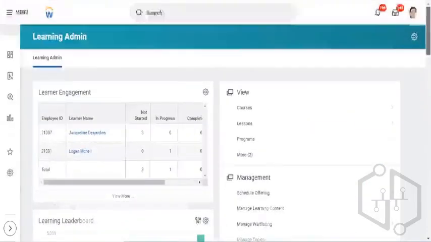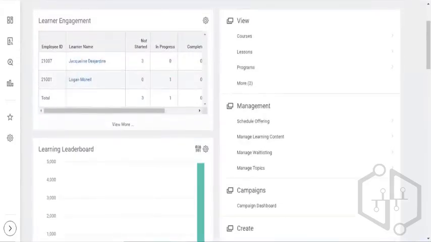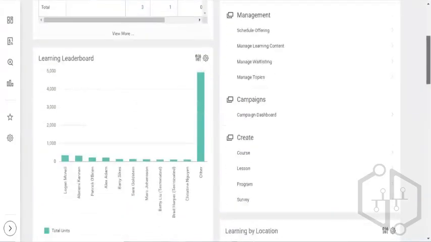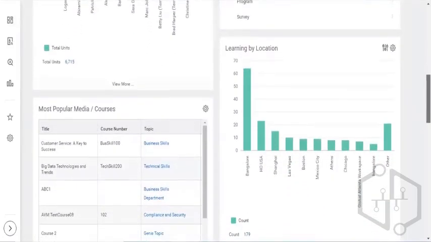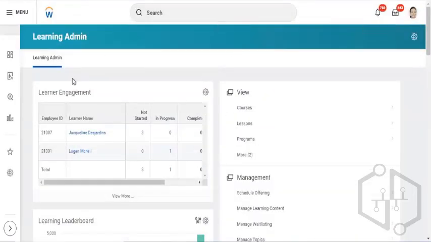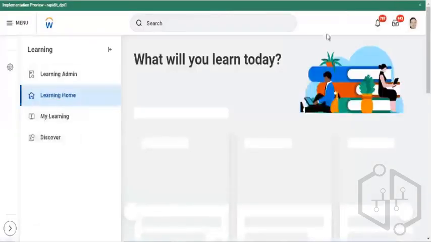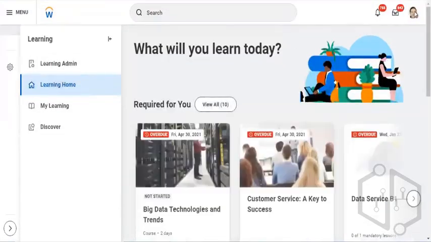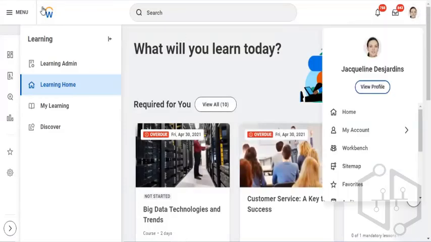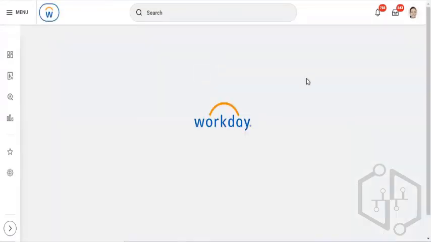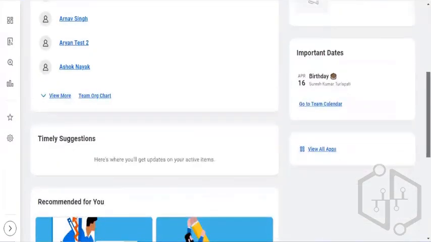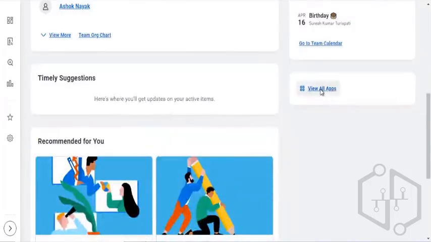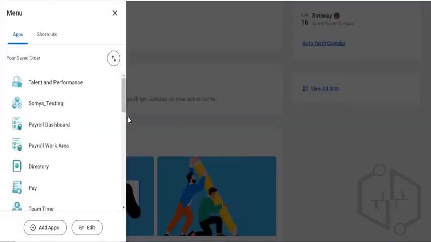Scroll up, Amit. Can you go one step behind? How to access this page, how to come here? We have two worklets actually. If you're going from apps, there will be two apps. One is for learners, learning will be there. The other one is for the learning administrator. Okay. So you can see here,